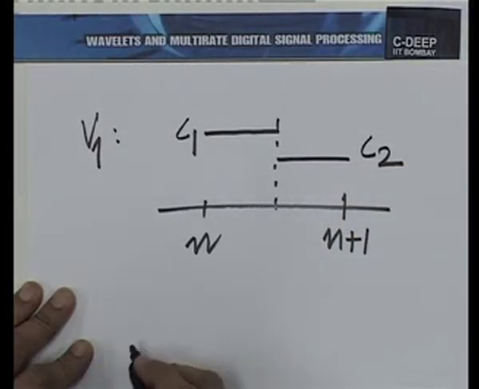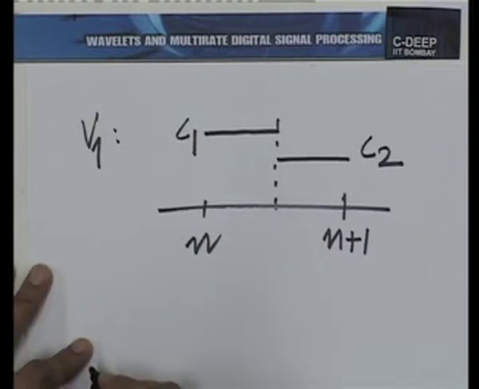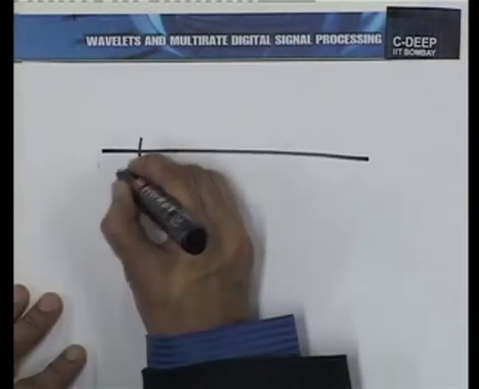It is very easy to see that this can be treated as a function belonging to V0 plus a function belonging to W0, where the corresponding function belonging to V0 looks like this. So, this function is equal to this function